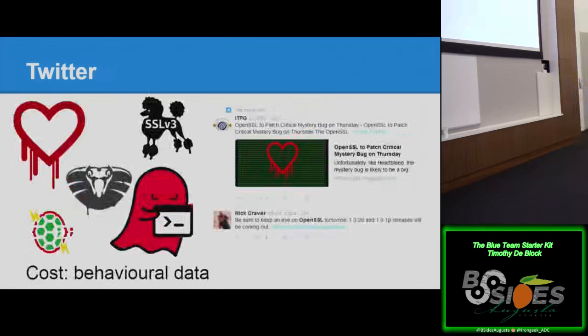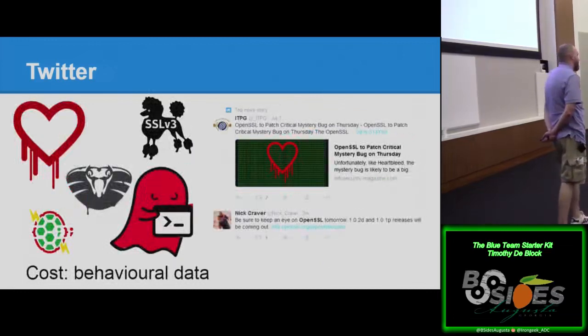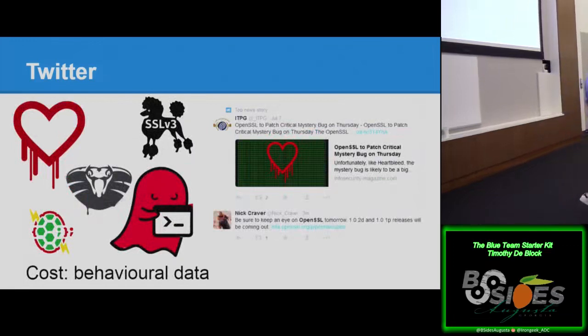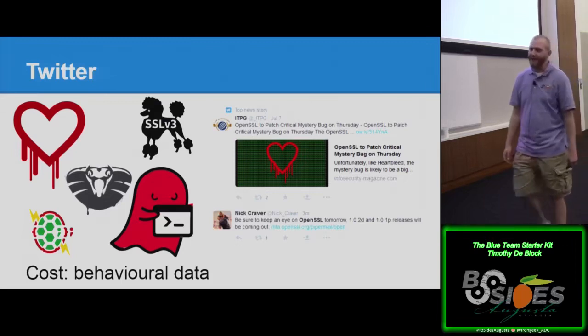Last year was, I guess you could call it, the year of OpenSSL, and a lot of that stuff broke on Twitter. I can remember when Heartbleed occurred, because I was watching Twitter and everyone was talking about it. From that, there was a lot of sharing of general links, information and tools. I was personally able to grab a tool and find out whether my organization was vulnerable or not. So it's a very valuable tool. I can't really say much more about it.